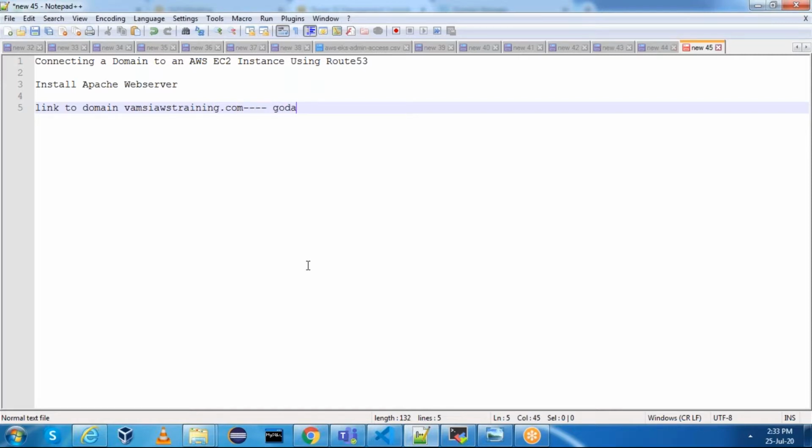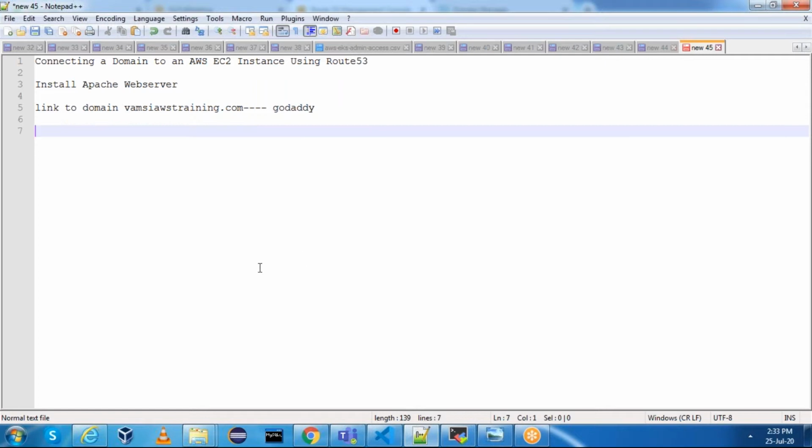Okay, to do this, first I'll show how to link GoDaddy with Route 53. Okay, let us start with the implementation steps.